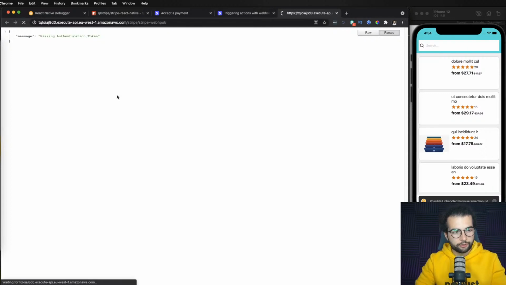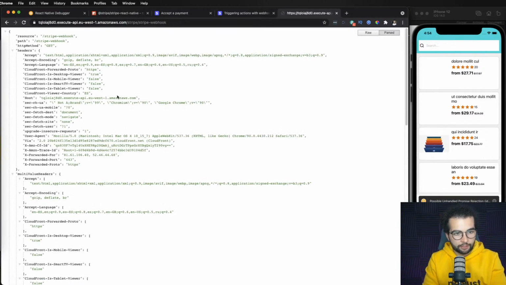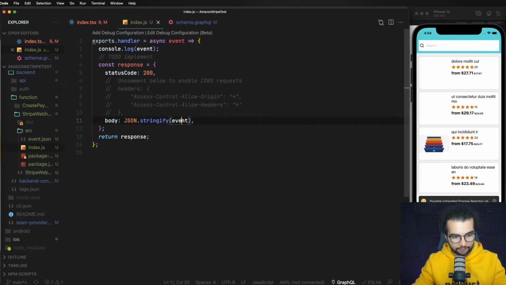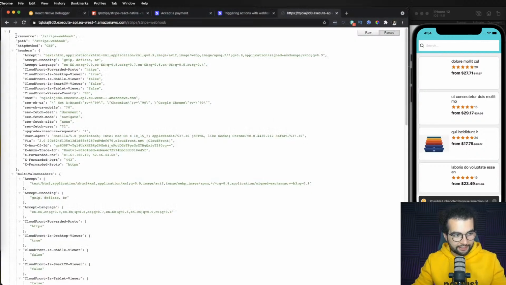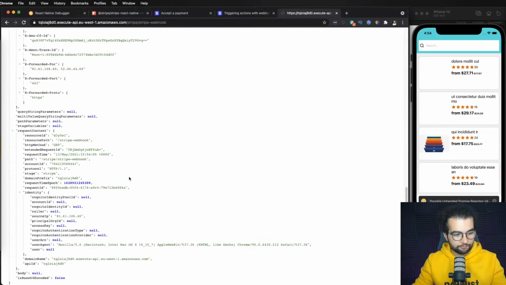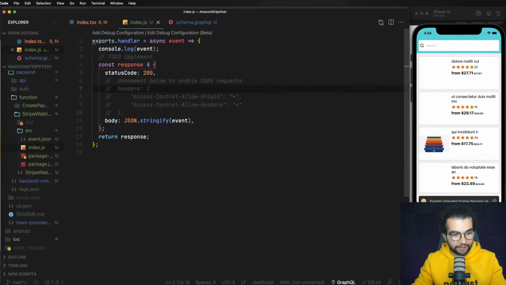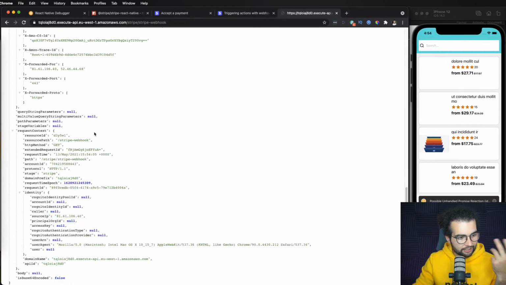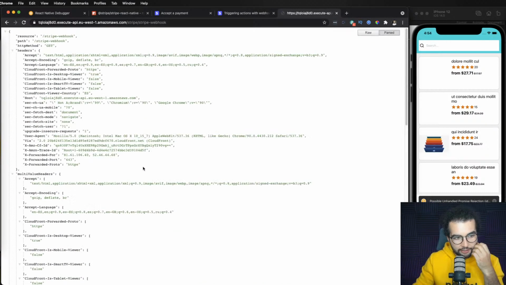I think that's how we called it. Because we just return back the event that we sent, here we can see the event that we can access in our handler. So nothing much here. We don't see anything important yet, but we can take this URL that you see here,